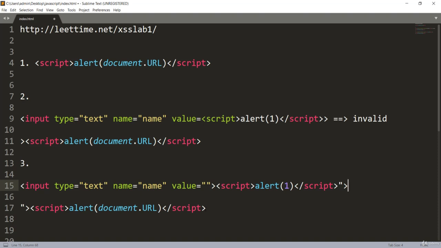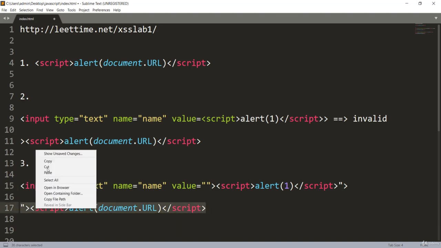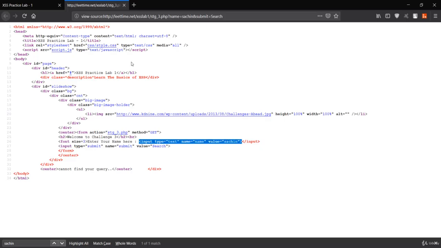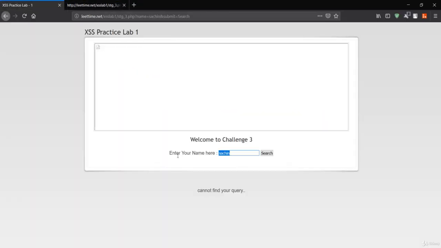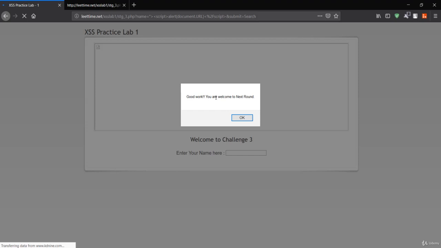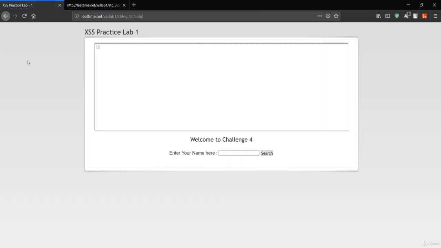So this is our new payload. Let's grab this, copy, go back, and see if this works or not. Let me paste real quick over here, let it search, and it is saying good work, welcome to the next round. So we're in challenge 4.